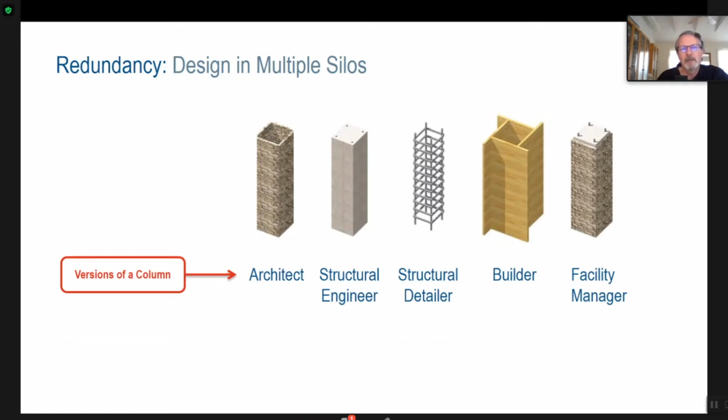And then there's the facility manager who wants to see everything together, so that if they get ready to core drill a concrete floor and it's a post-tension slab, they have confidence they're not going to hit one of those cables and it's not going to explode. So those are 5 different versions of a model.